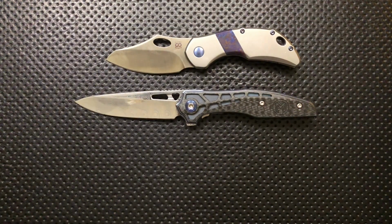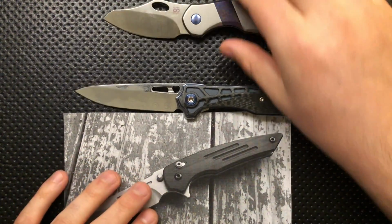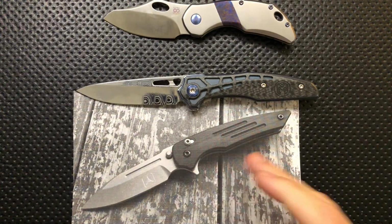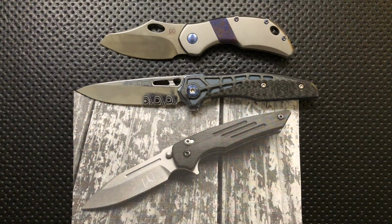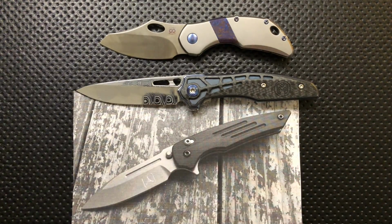The final finalist is actually no longer on my table, so I've gone the low-budget route here. And that is this little guy. This is the TAD Dauntless Hawk Mid-Tech. It's an awkward phrasing for it, but this is a really, really impressive knife in a couple of ways. The action on it was phenomenal, off the freaking charts. Using the toggle detent and the hawk lock, you had an absolutely swing shot action, along with an incredibly